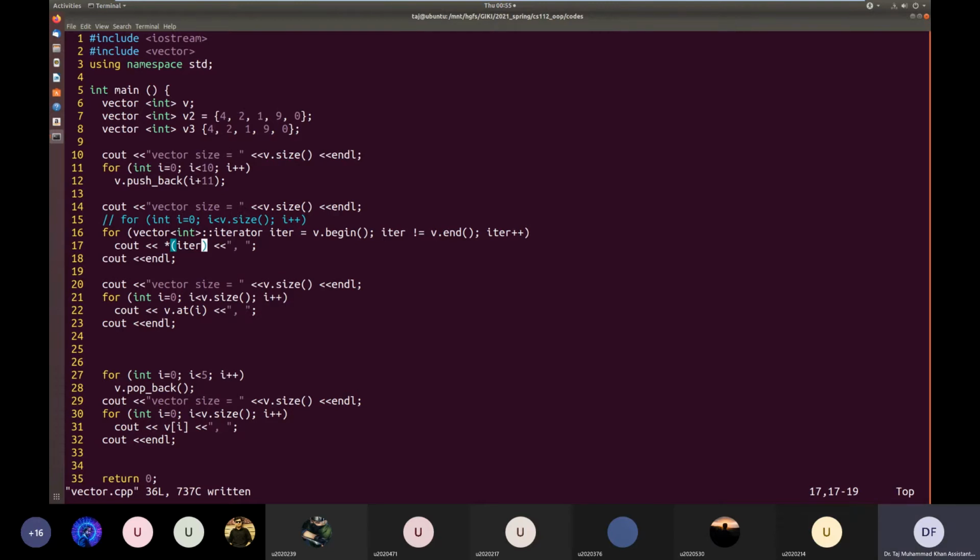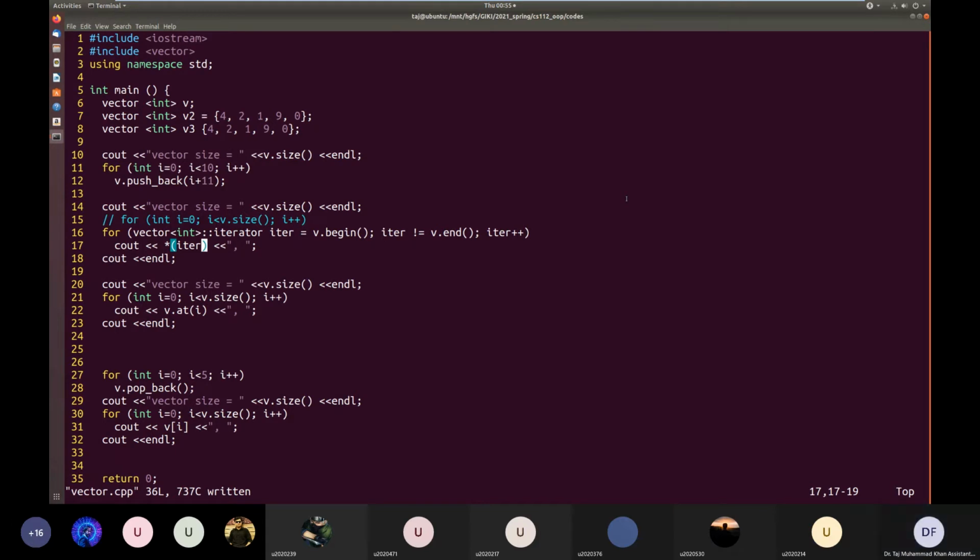Okay? And then we can use that in our loops. So this is basically the concept of the iterator. Every container comes with an iterator, and we can use these functions provided by the containers, begin, end, and these interfaces plus plus and dereference to traverse the containers from start to end.